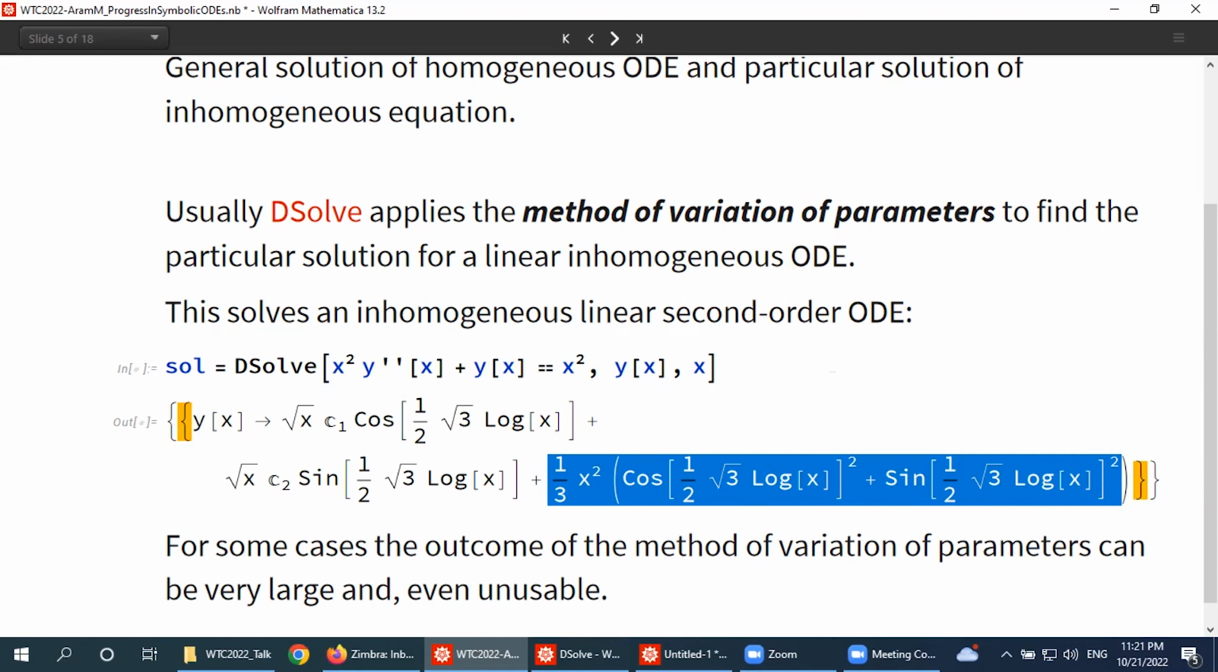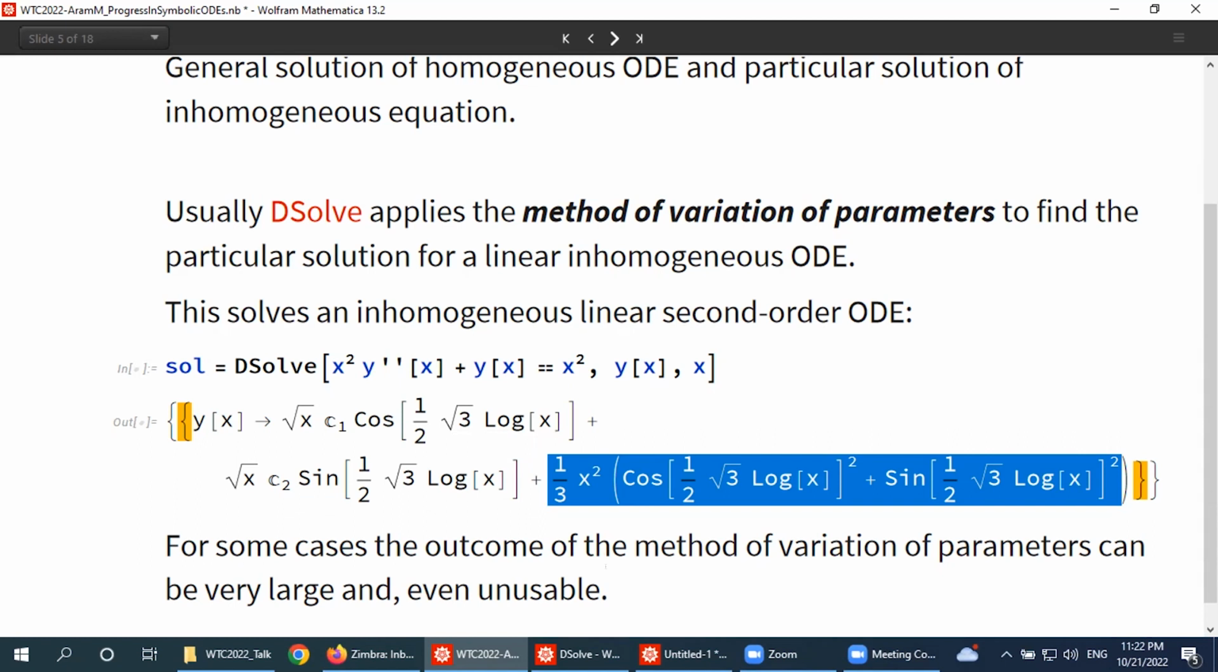But the method of variation of parameters uses Wronskians of the general solution of the homogeneous equation, and also calculates several integrals containing the Wronskian and the inhomogeneous term. And in cases where the inhomogeneous term has more complicated forms, or the general solution is more complicated, we can get huge expressions from the method of variation of parameters, and in some cases, even unusable expressions as a solution